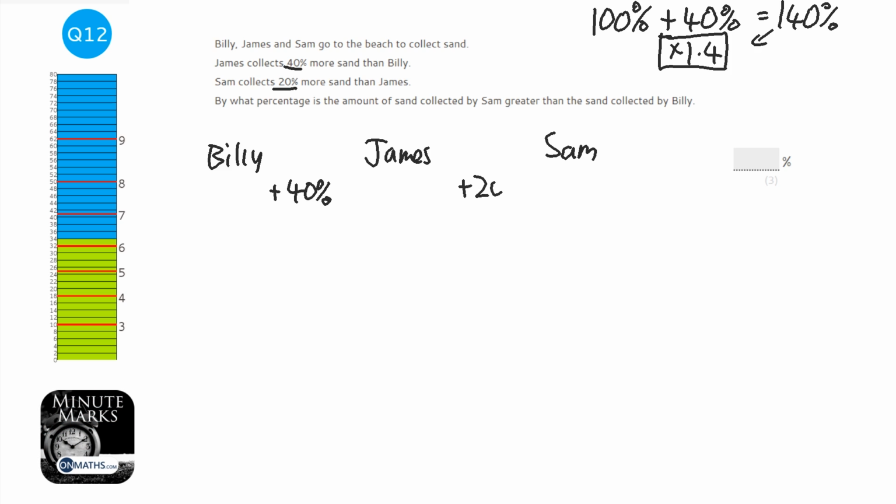So he's got 20% more. By what percentage has Sam got greater than Billy? Okay, now the obvious answer is 60, and if you write 60, unfortunately you're not going to get the right answer. The way of doing this, as I said, is to understand